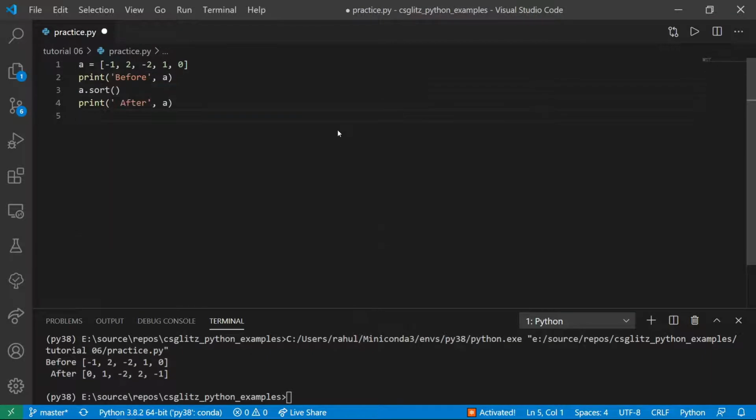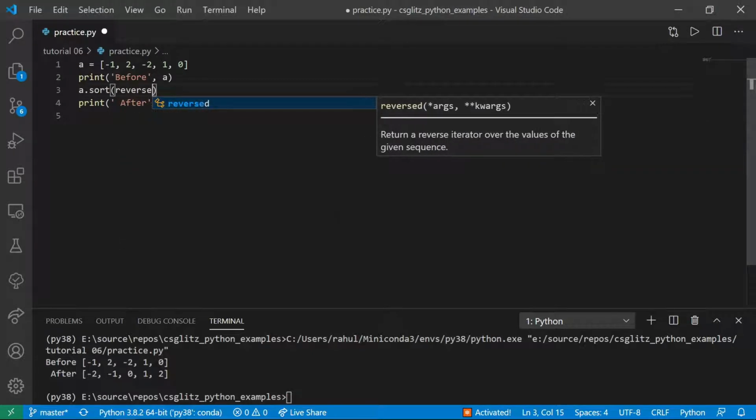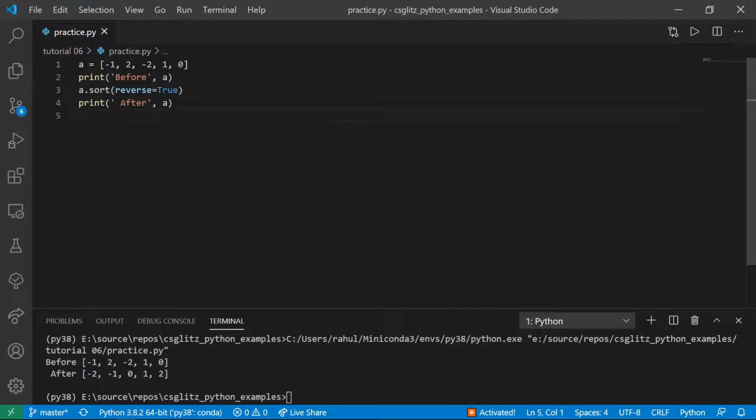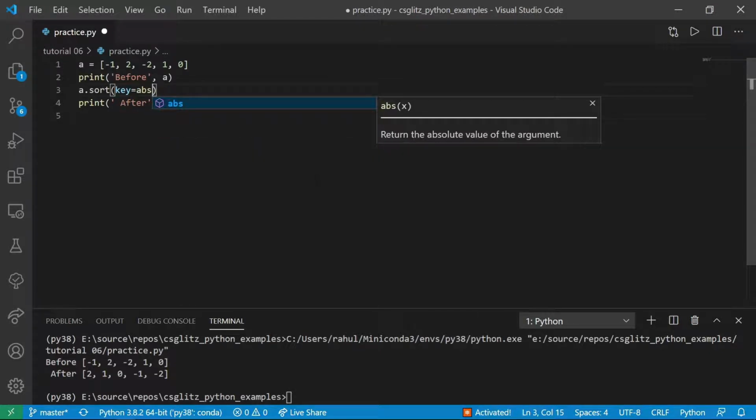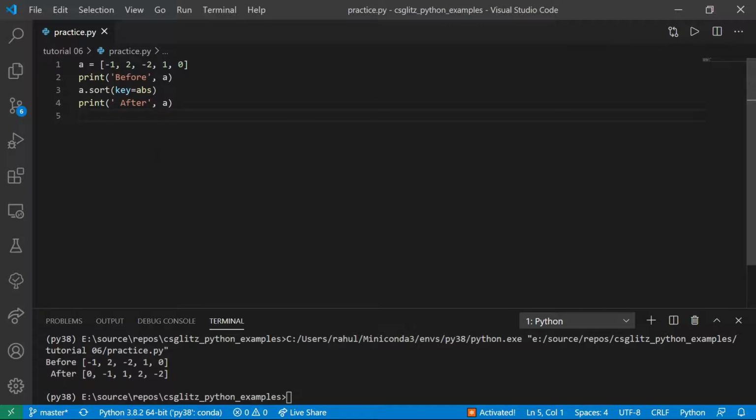To sort a list, we can use the sort method. To sort in decreasing order, we can specify the reverse parameter. We can also give a function by specifying the key. It will then sort based on the result of the function on each element instead of the actual values. As we already know, the abs function will return the absolute value. So, numbers are sorted regardless of the sign. We will learn about how to create our own function in later videos.